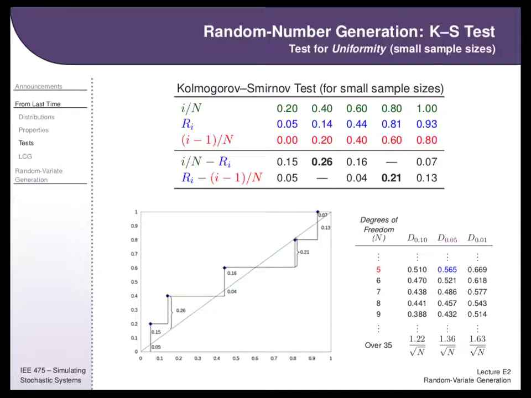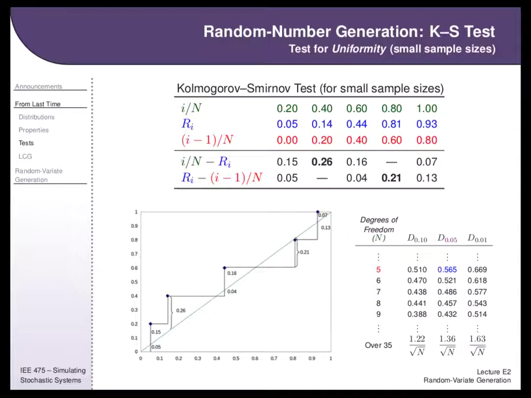The second number should fall into this second slot, and so on. There will be some numbers that fall outside of these slots, and they're going to register large differences, but that can happen. That's okay. And then the question that the KS test answers is: is the deviation too large to be okay? So you've got in your columns the actual data, the upper part of the expected interval, the lower part